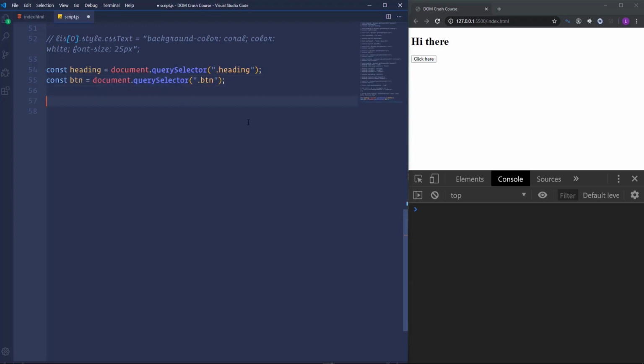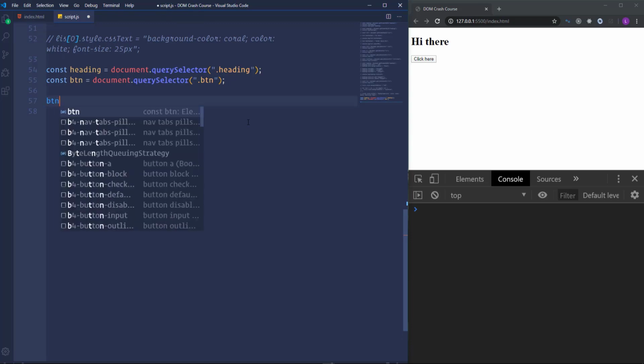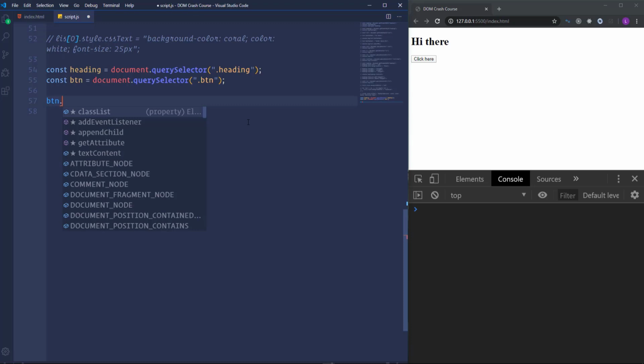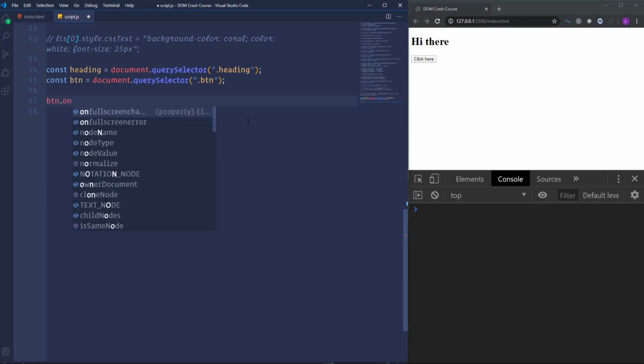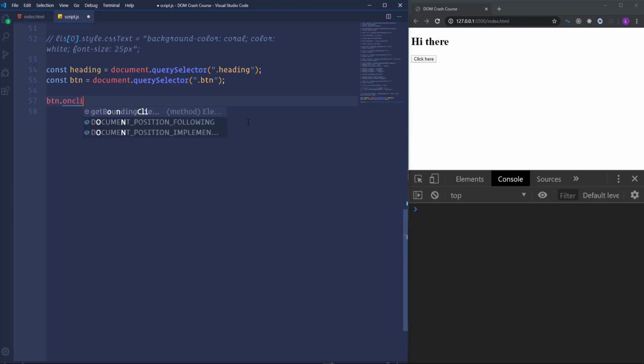Alright, now we have to attach an event handler to this button. For that, we need to write btn dot, and then we need to place here on before the actual name of the event. On should be followed by the name of the event. I'm going to use click event. So in this case, I used click event, which is one of the most frequently used. Besides the click event, there are lots of different events like toggle, mouse over, mouse out, key press, load, and